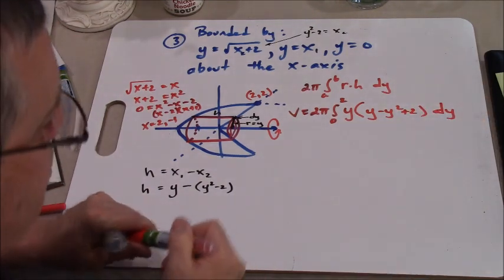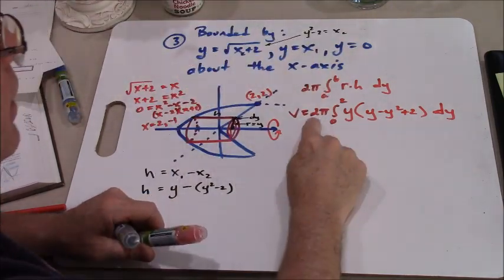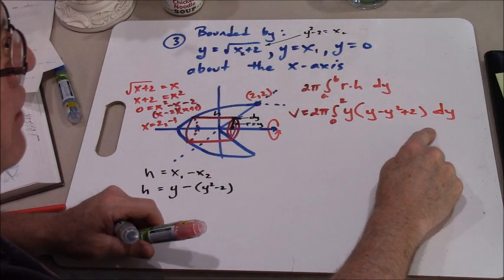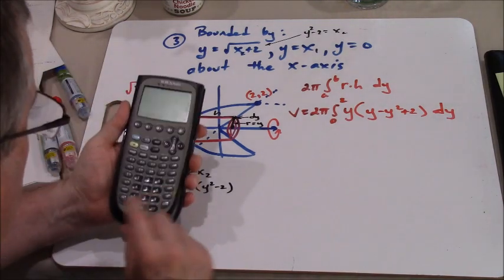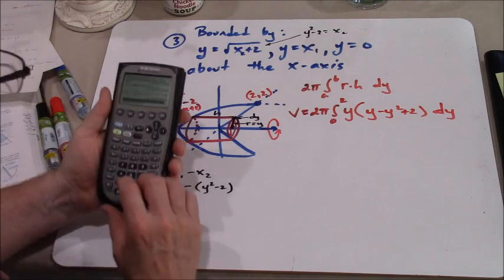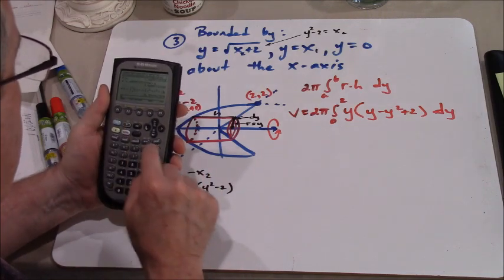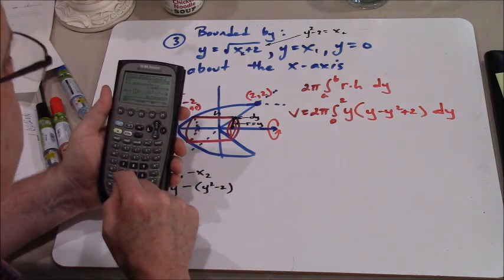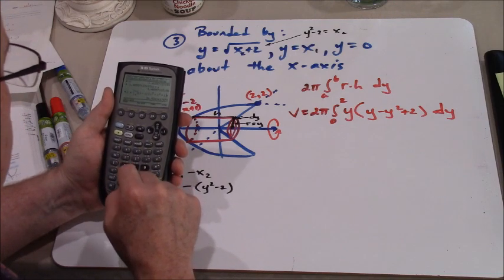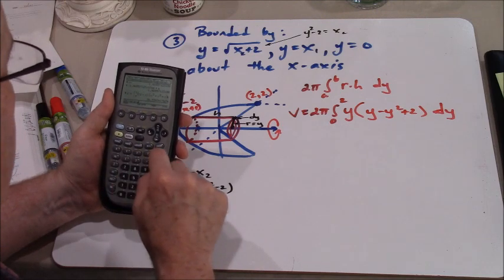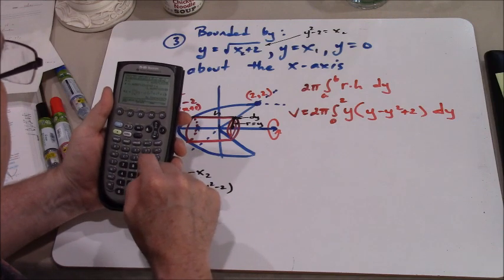And that's okay. We don't have to multiply this whole thing out. I suppose you can if you want. But if you're just going to throw it in the calculator, you might as well leave it just like this. Okay? So here's what I get when I put that into the calculator. So I've got 2 pi times the integral of y times, in parentheses, y minus y squared plus 2, with respect to y